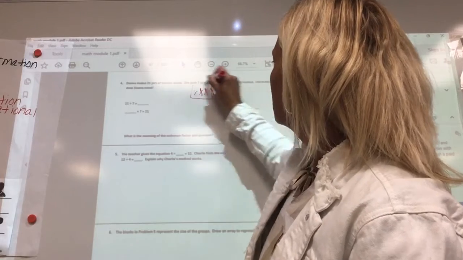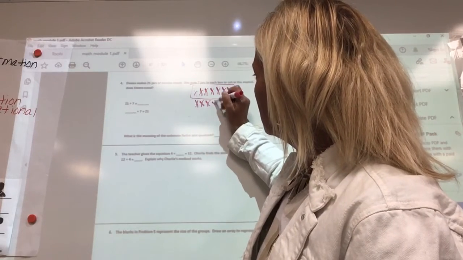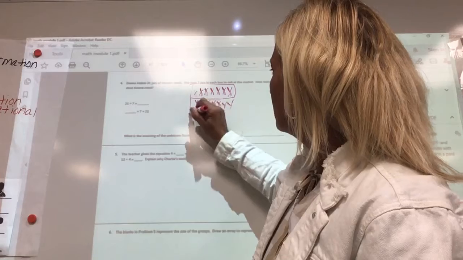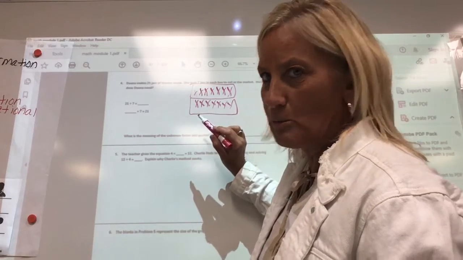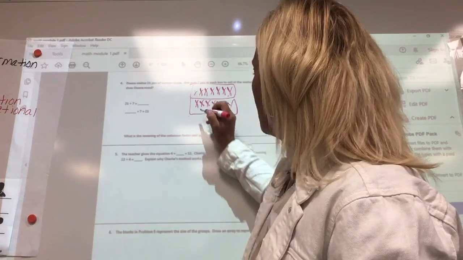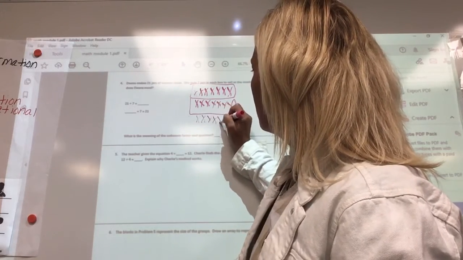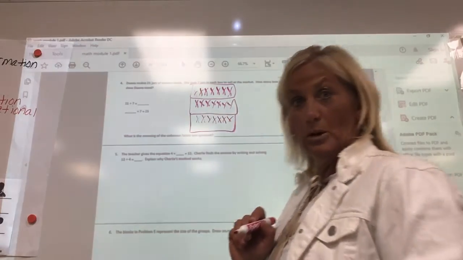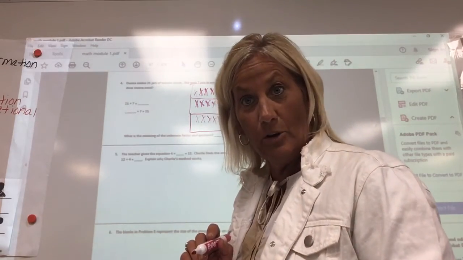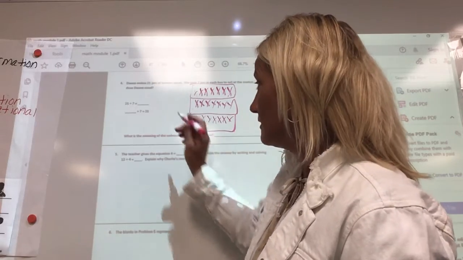Here's a box. 1, 2, 3, 4, 5, 6, 7. Here's a box. And so far I have 7 plus 7 is 14, so I'm not to 21 yet, right? 1, 2, 3, 4, 5, 6, 7. Well, 14 plus 7 more, now I'm to 21, right? So it took me 3 boxes